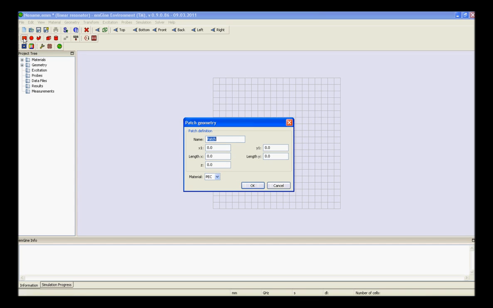The next step is to model the ground plane below the substrate. Therefore, you should again do the same process. For the dimensions of the ground plane below the substrate, you should design the ground plane brick. The material setting of the brick must be changed to the desired ground plane. So you need to select PEC as the material. Now we are providing the values for x1, y1, length x, length y, z,